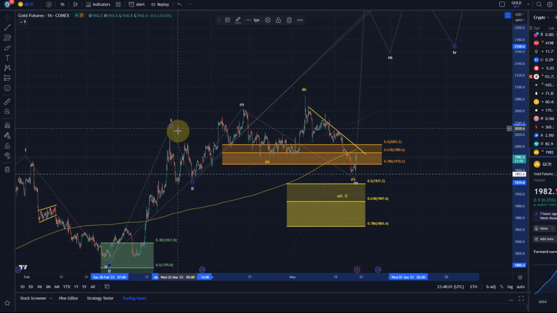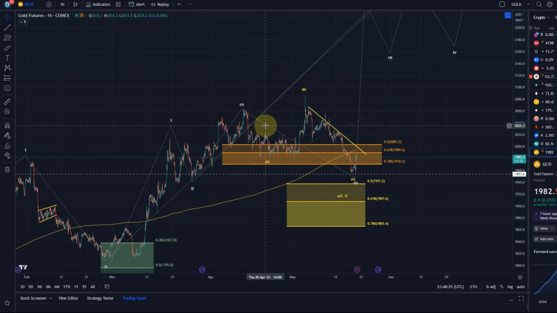I think we have some clarity because price broke below the 1970 level. I did highlight to you before that if we do that, then we have to count all of it as wave one, because while the 1-2-1-2 setup is not invalidated, it would only be invalidated below 1945. It broke that 78.6 fib level. That is for me a sign that we don't have a 1-2-1-2, that indeed all of this is a one,